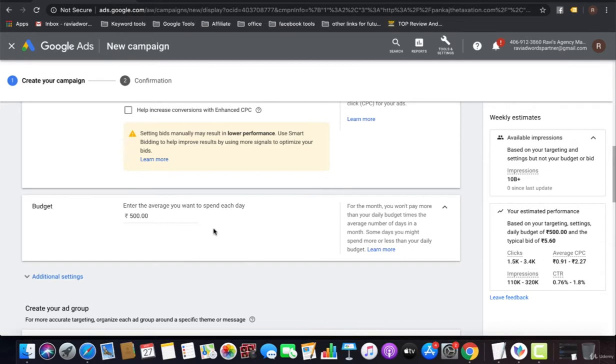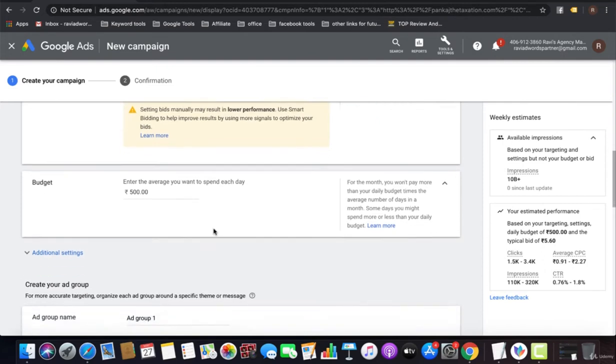So display ads are cheaper than search ads. But if you talk about the conversion window, CTR and all those things, display ads get less CTR, less CPM, and fewer conversions as compared to search ads.